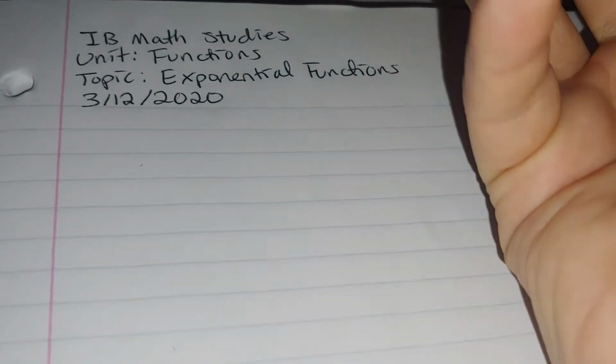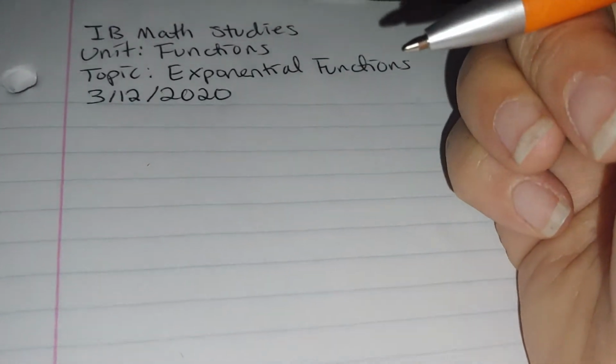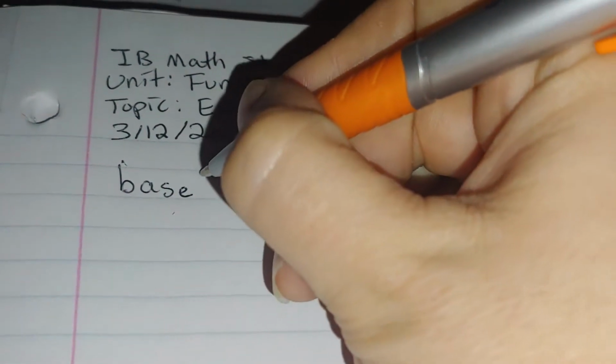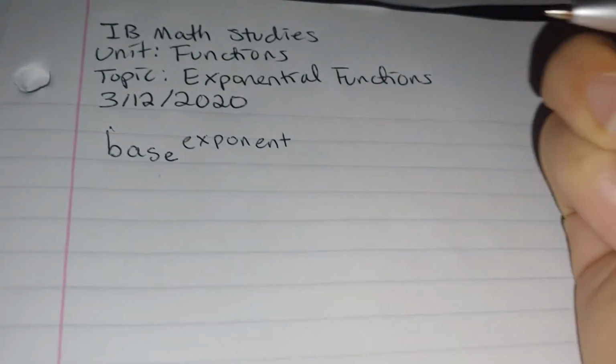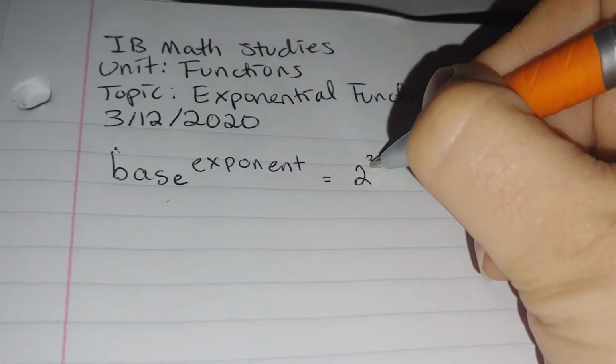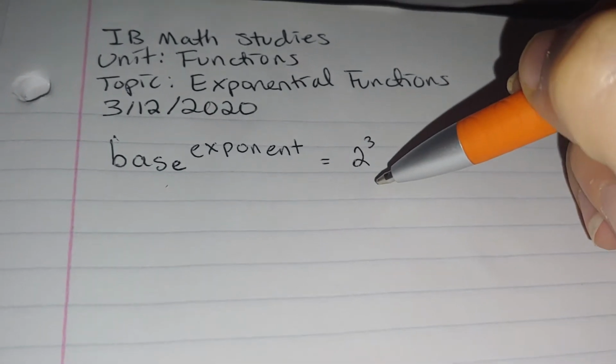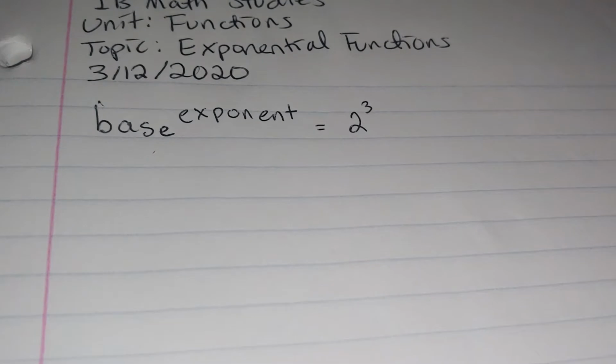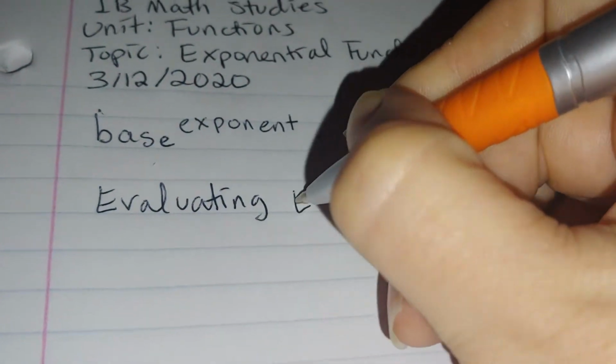Alright, so we know that an exponent is when we raise a value to a power. And that value that's raised is called the base. We take some base and then we raise it to an exponent. Like if we did 2 to the third, my base is 2, my exponent is 3. So when we evaluate exponentials,